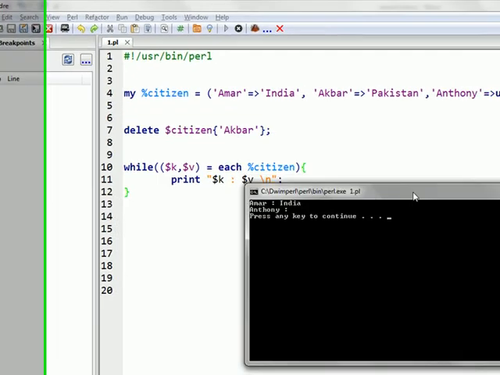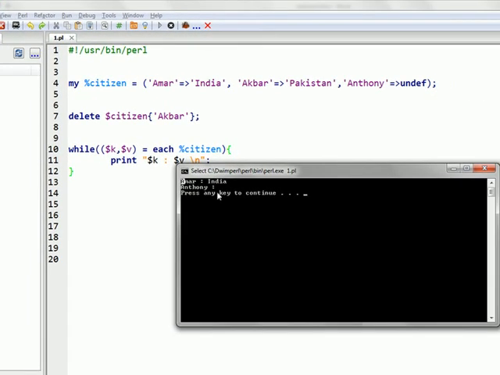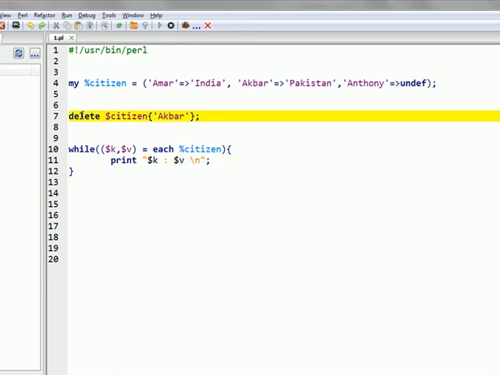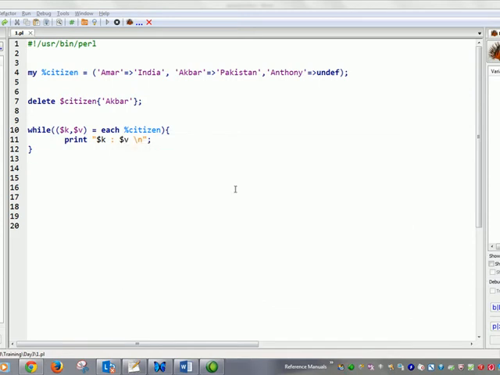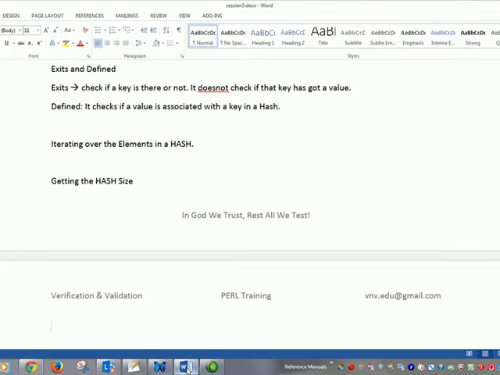So it has printed Amar India Anthony. Akbar is no more because it has been deleted by using the delete keyword. So here we come to an end of our day 3 hash in Perl.